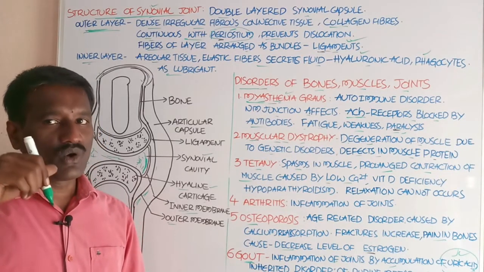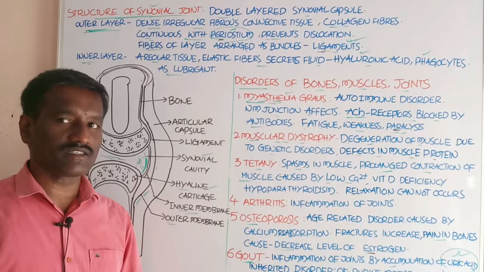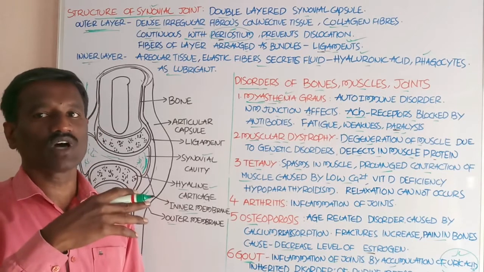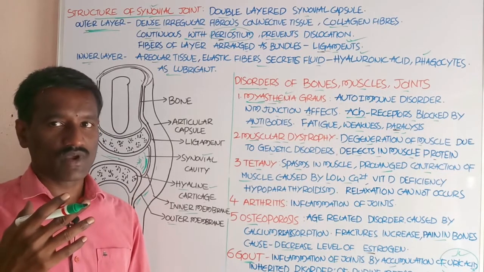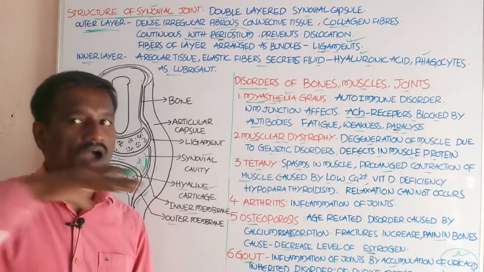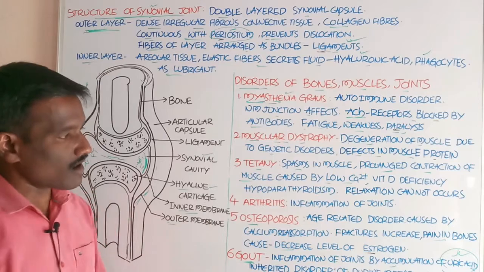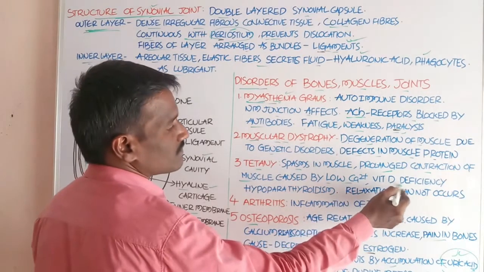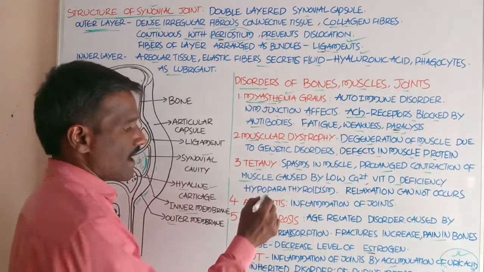Due to the low availability of calcium ions, the muscle does not go to relaxation. At the same time, this shows prolonged contraction, and it is also caused by vitamin D deficiency and